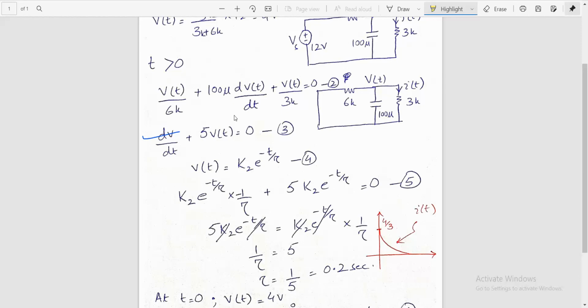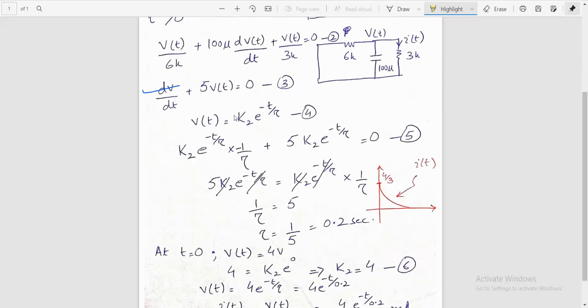And while there is only natural response, since it is a homogeneous equation with the right hand side equal to 0, you don't need to worry about k1. There is no k1, right? There is only v of t is equal to k2 times exponential of minus t over tau, the solution to the homogeneous equation. And it is written in equation number 4. So using this value of v of t of equation 4 in equation 2,